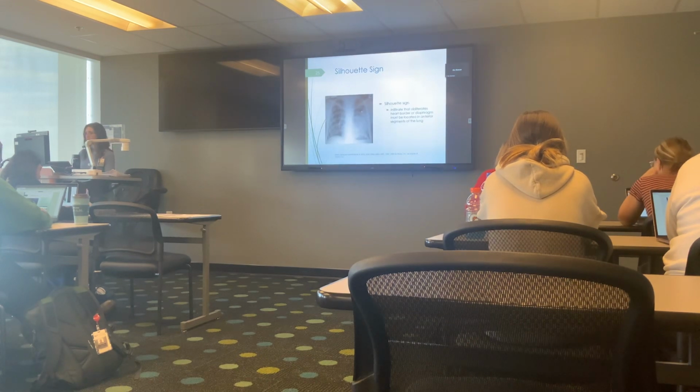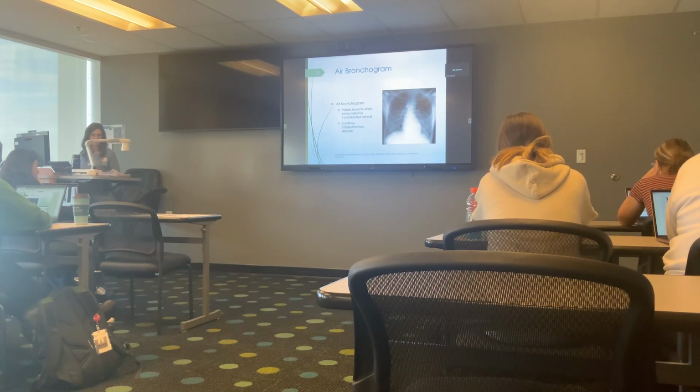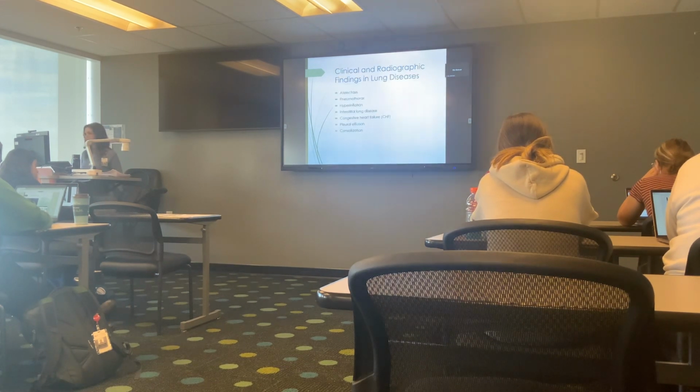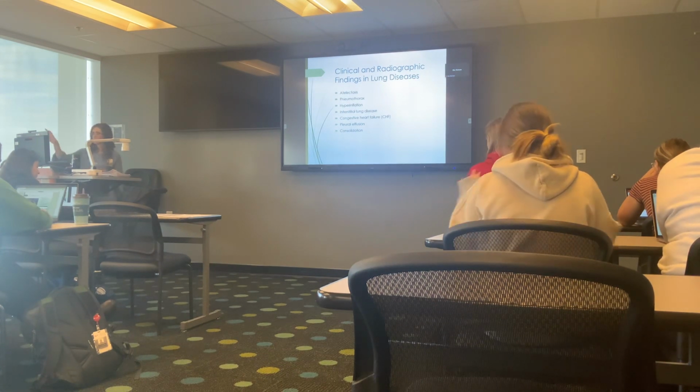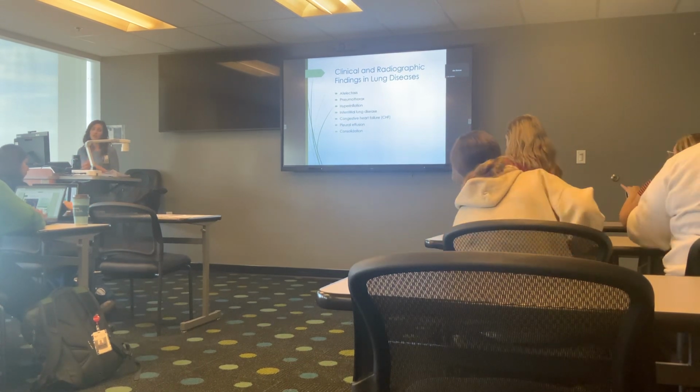So this is a silhouette sign. Something is kind of touching or around the border of the heart anteriorly. This is an air bronchogram indicating intrapulmonary issues of the lungs, okay? And I think we're gonna stop there. We'll pick up Tuesday, because we're gonna start looking at some of these things. Does anybody have any questions about what